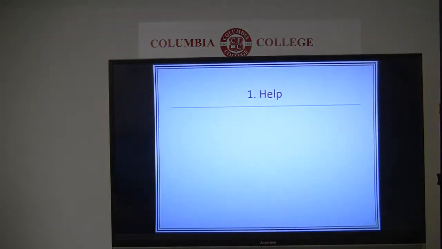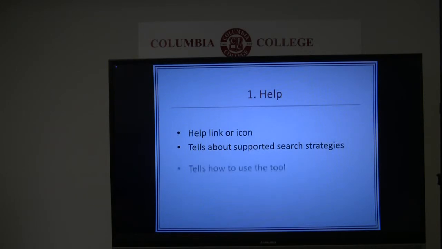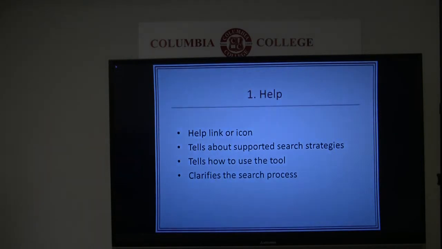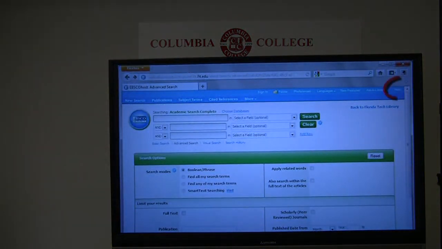Every database provides some sort of help with basic and advanced searches. Some offer help links or icons, such as question marks, which display tutorials, information about supported search strategies, and tips for using the database to perform effective searches. This database contains a help link and context-sensitive help icons that display information relevant to specific features.